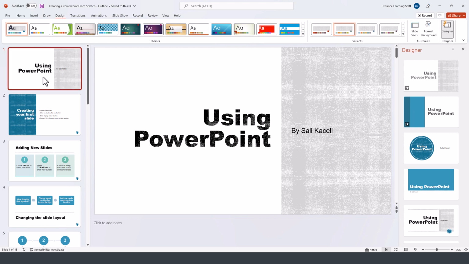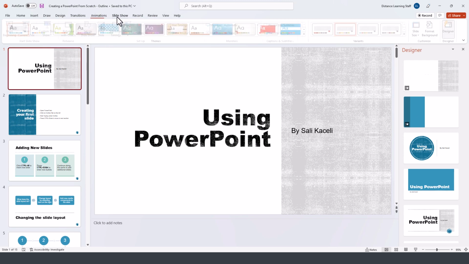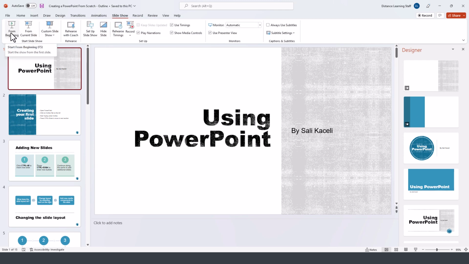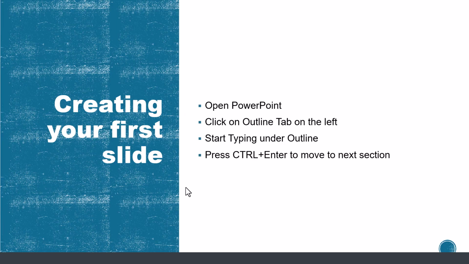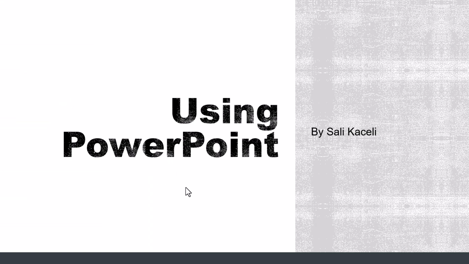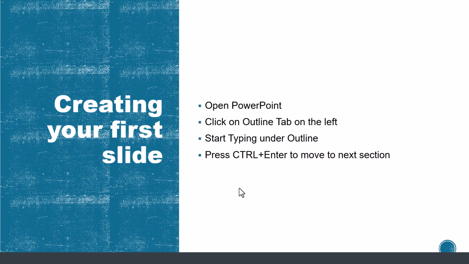To present this slideshow, this presentation, we go here under Slideshow and then click on From Beginning. And then you can either use the space bar on the keyboard to advance through the slides, and to go to the previous slide, you can press the back arrow on the keyboard, or to advance the slides, you press the mouse button or a clicker on your clicker device or your mouse if you're presenting with it that way. Or if you have a touch screen computer, you can simply tap on the screen and it will advance to